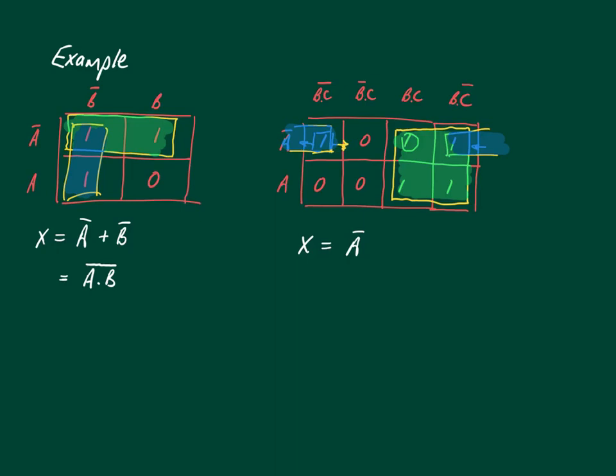So we can have A and C individually negated. And if we look at the square, A changes because A is negated and A is not negated. C changes because C is negated and C is not negated, but B is constant because for that column it's B and for that column it's B. So our last part is simply B. And so our final Boolean algebra expression is X equals negated A and negated C or